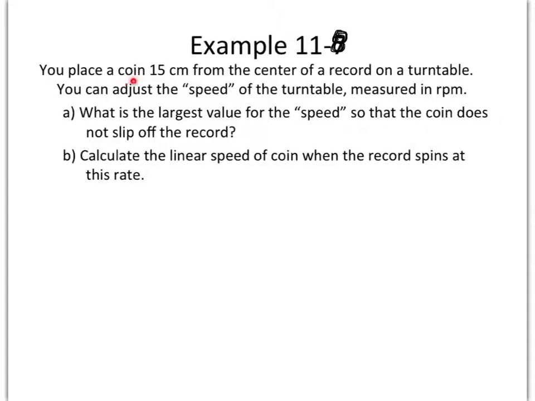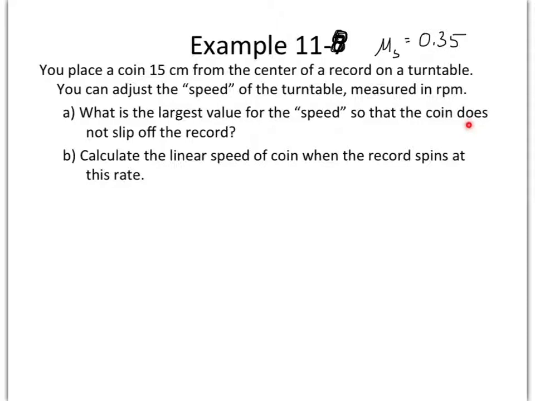We have a coin that we place on the turntable that is like a record, okay? So it's this flat plate that is spinning around. And you can adjust the speed so that it spins faster or slower, all right? What it doesn't give you, however, is the coefficient of static friction. And for this problem, we're going to make that 0.35, okay, 0.35. And so the question is, how fast can you spin it? What's the largest speed, or I can't really say velocity, but speed, such that the coin does not slip off